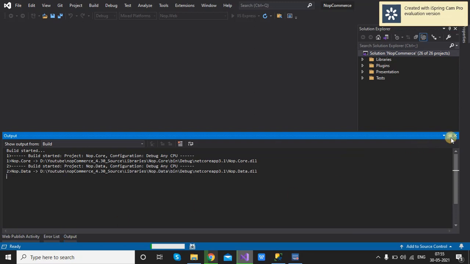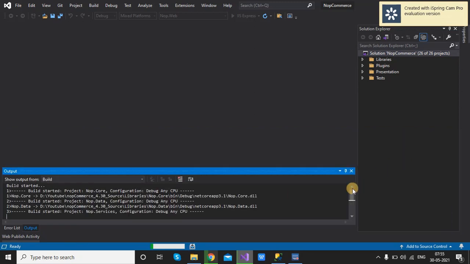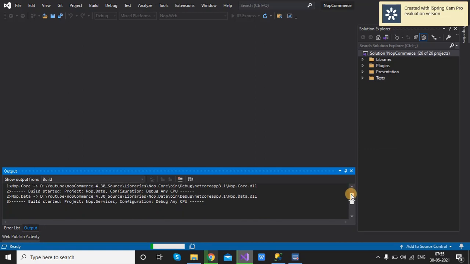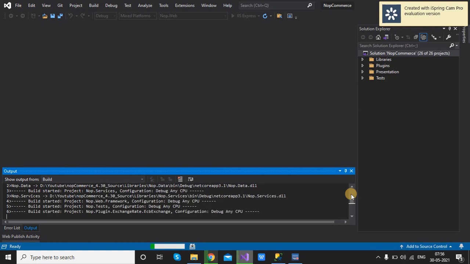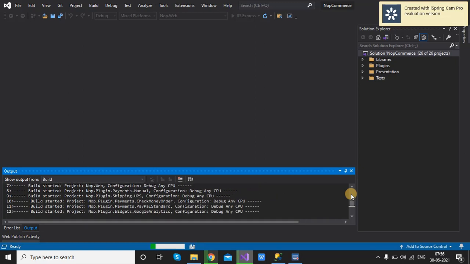Once the build process completes successfully, you can directly run it on the web server. It will take quite a bit more time the first time, because all the packages and everything will be built and loaded.